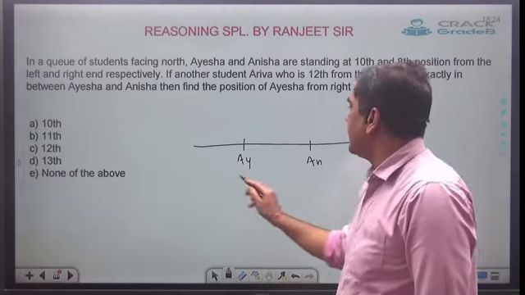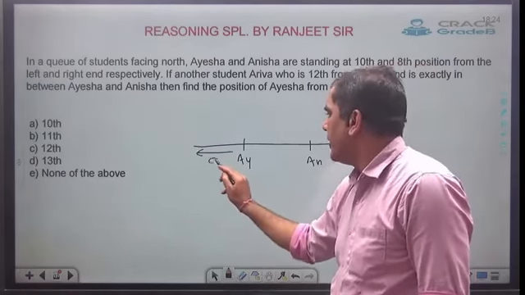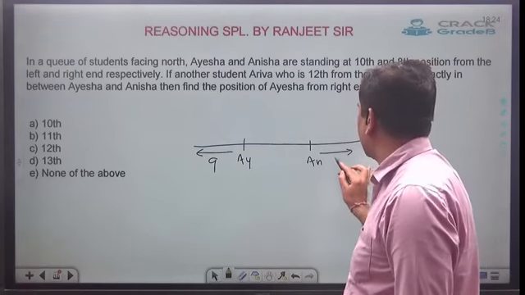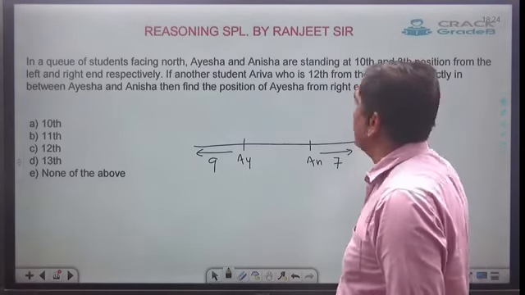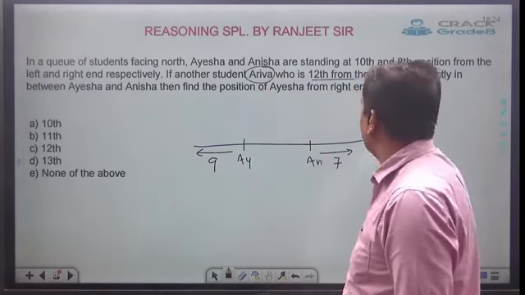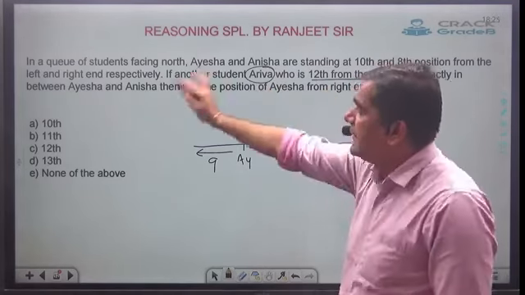So Aisha is given 10th from the left, so to the left of Aisha should be 9. And Anisha is 8 from the right, so to the right of Anisha must be 7. Now they are saying if another student, Ariba, who is 12 from the left, is exactly in between